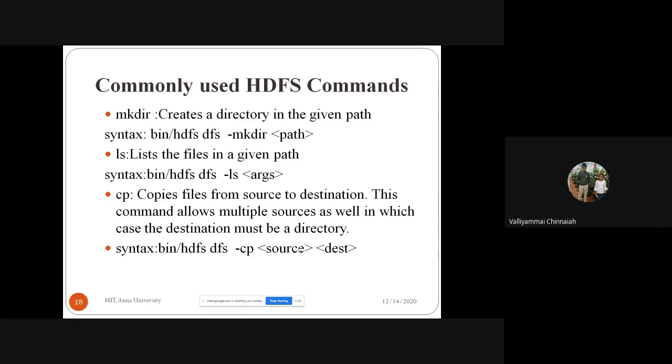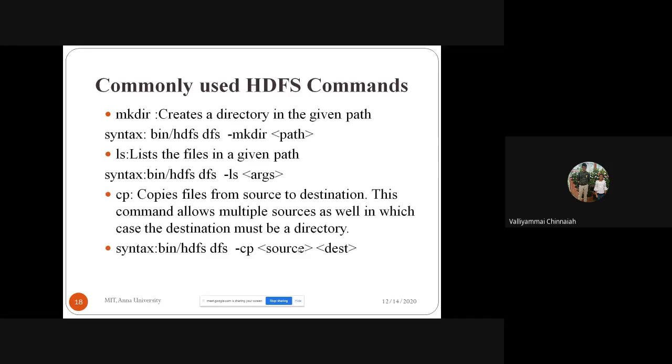That means the name node's metadata of the data is stored in the name node, and that image file will be stored in the backup node. For example, if the name node fails, the backup node will take up the work and send messages to the data nodes. That's the need for the backup node, which is also called the checkpoint node. So in HDFS, we are going to perform the